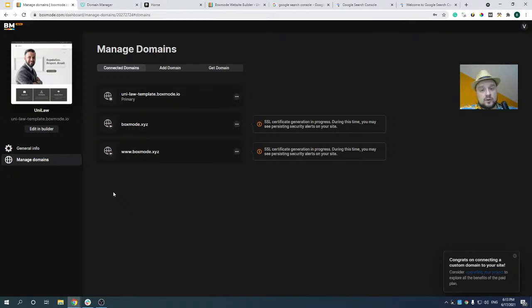And the final step to connect the custom domain is to set it as primary. Let's click this ellipsis menu next to the www version of our custom domain and set it as primary, like this. I recommend using the www version of the custom domain as primary because in this case we can guarantee the uninterrupted operation of your website in case of so-called DDoS attacks.